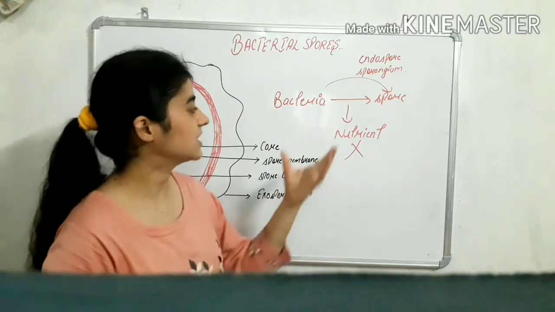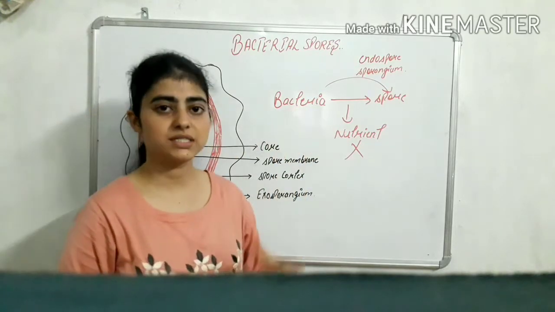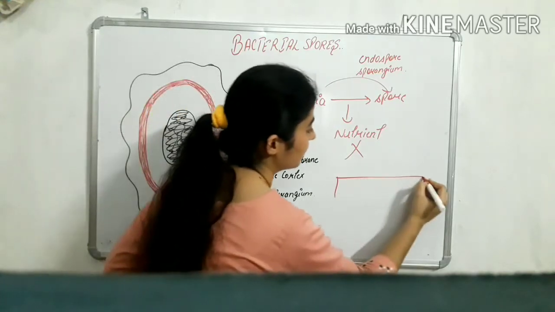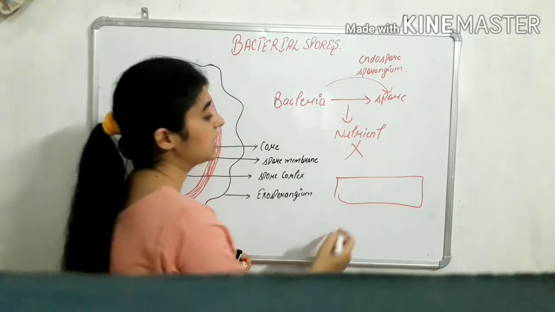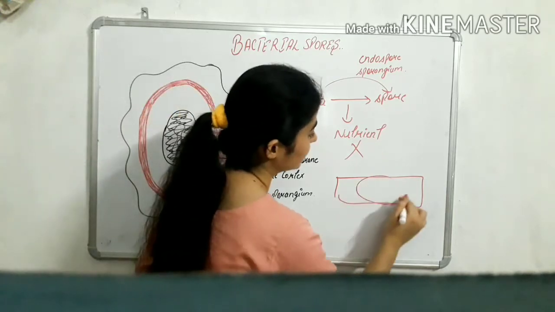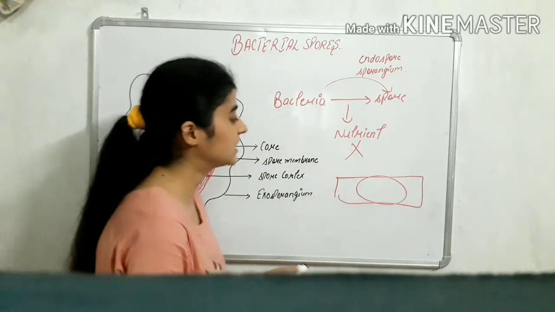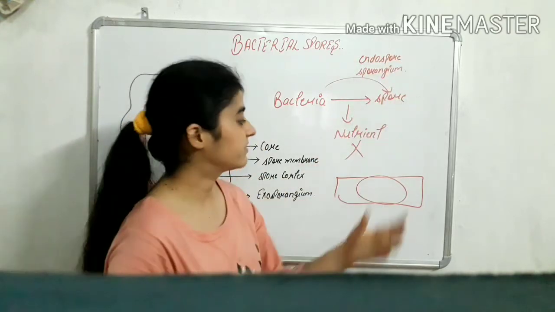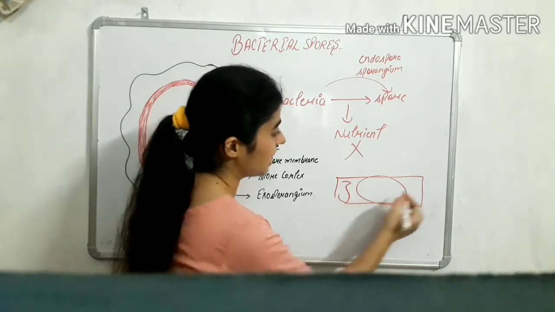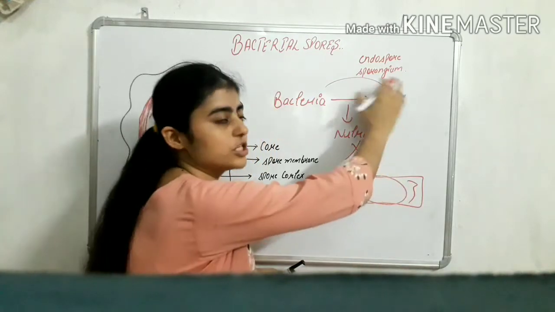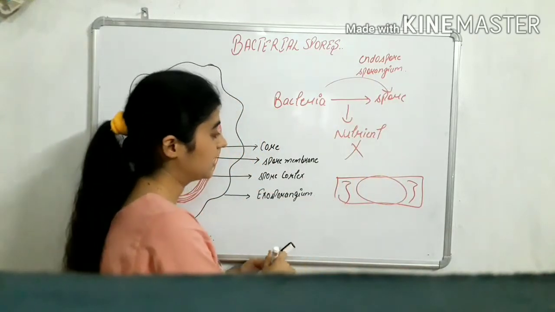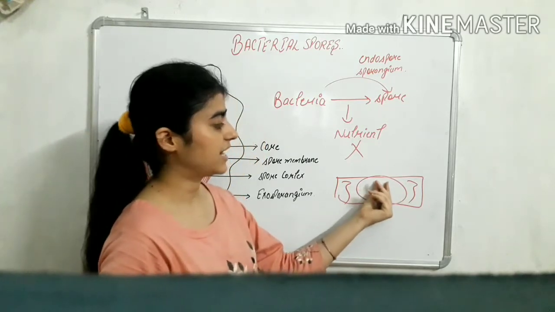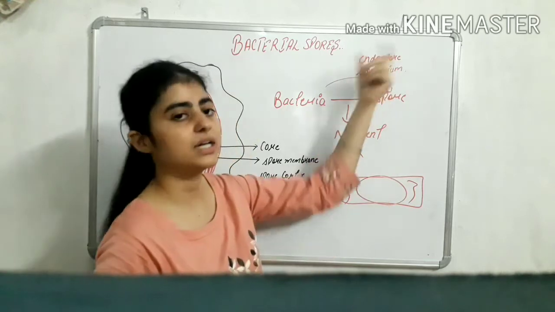When there is nothing to eat, at that time the bacteria will convert into spores. And the second thing is that the spores are formed inside the body of the vegetative cell. For example, this is our bacteria. The spore that forms inside the vegetative cell, inside the bacteria, is called the endospore, and the rest of the body, for example this part and this part, is called the sporangium.